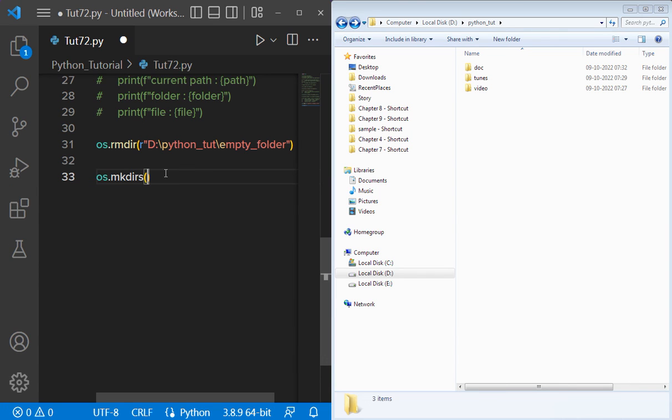Okay, and here I can pass new folder, and after this I can write a slash, and then anything, suppose music. Okay, so now if I run it,